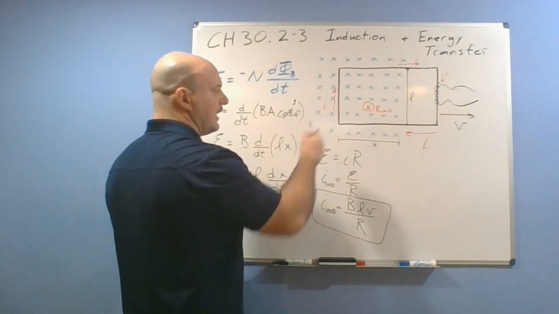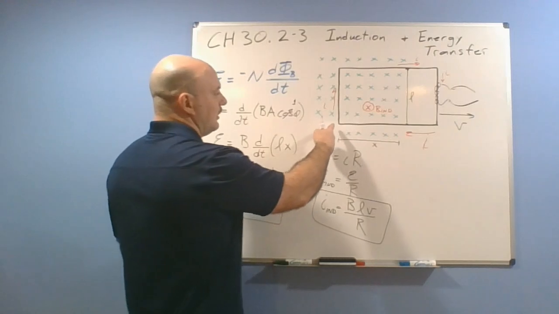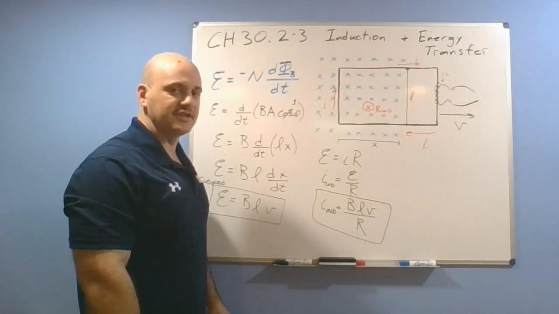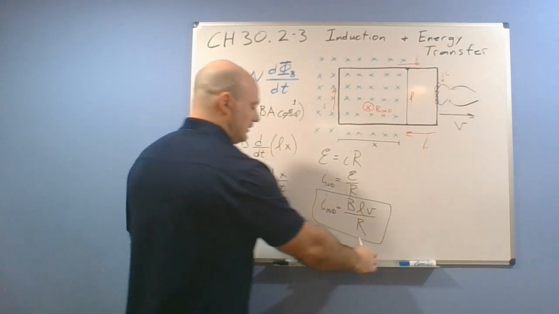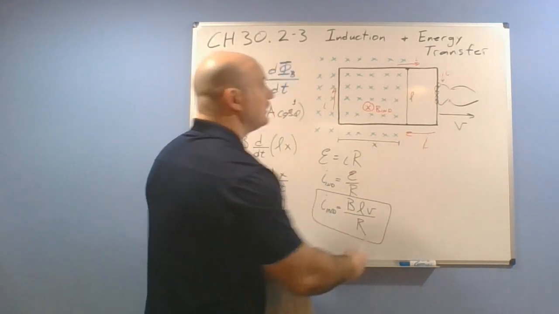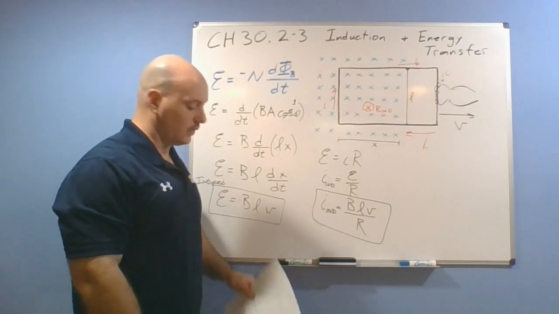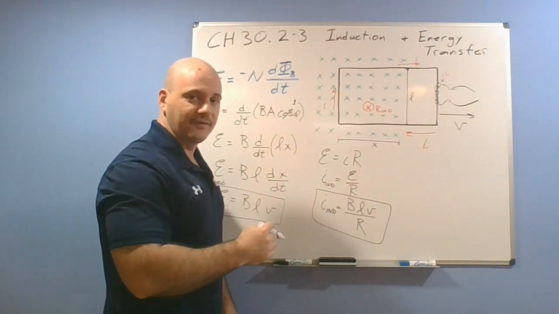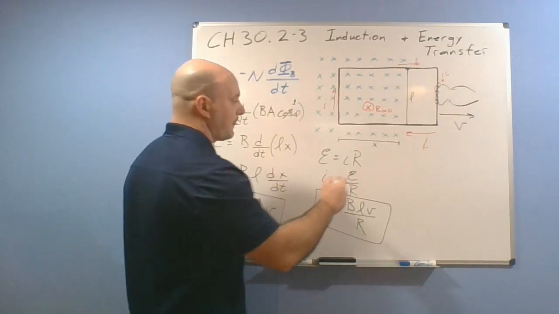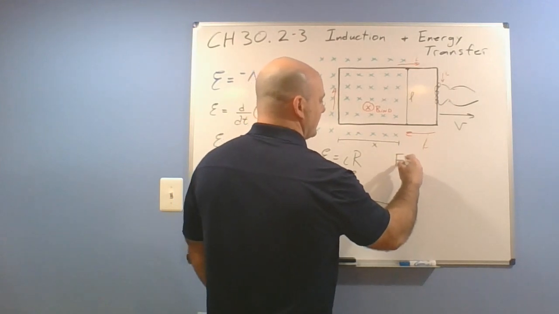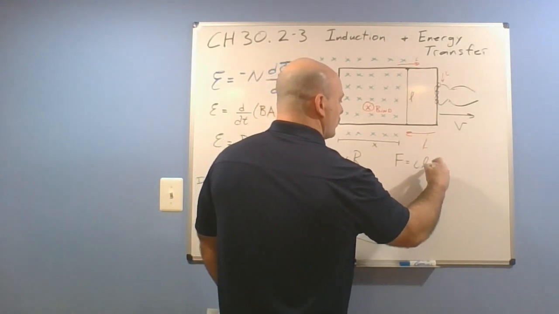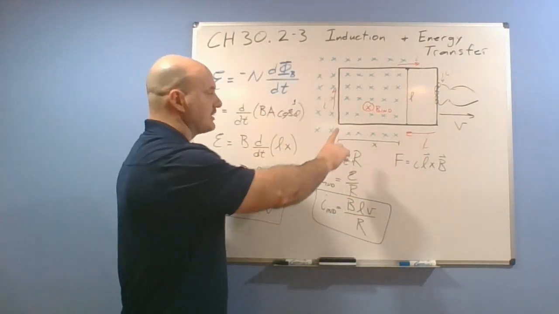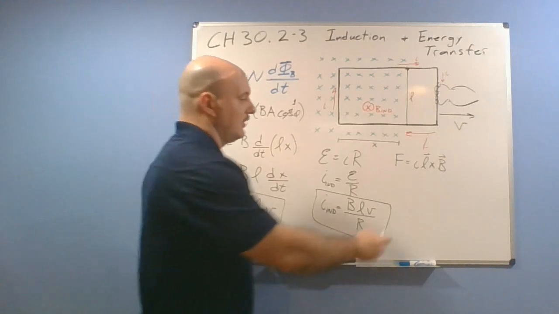Now, while this is going on, what you'll notice here is that along this length of wire, there's a current in the presence of a magnetic field. You know from, I think it was chapter 28 or 29, that a current in a magnetic field will experience a force, right? We defined that as IL cross B,